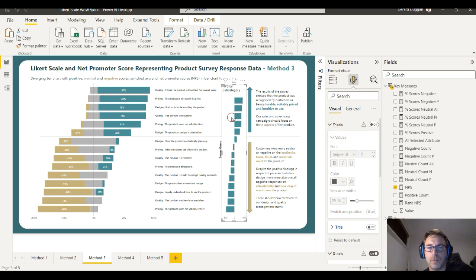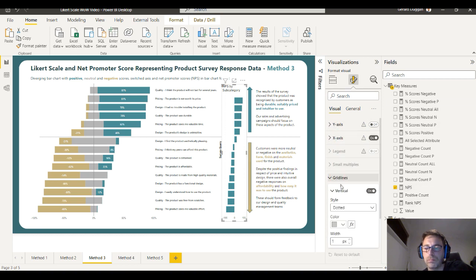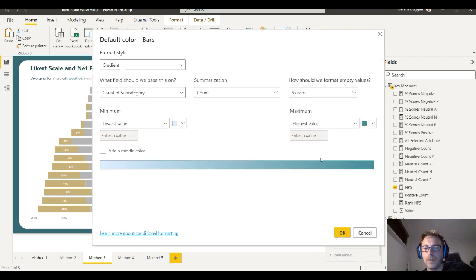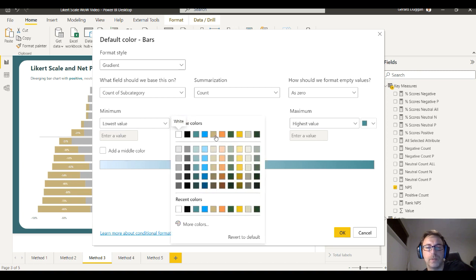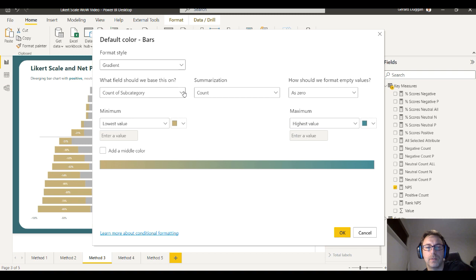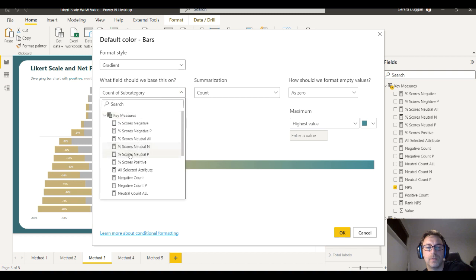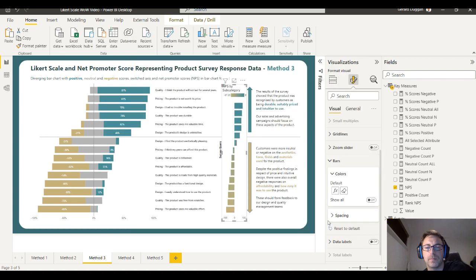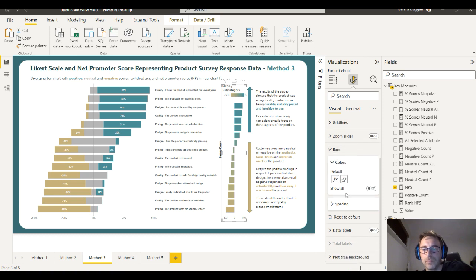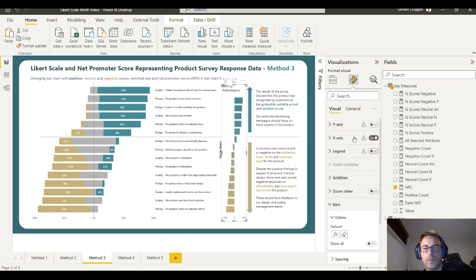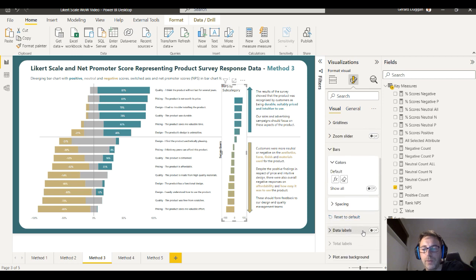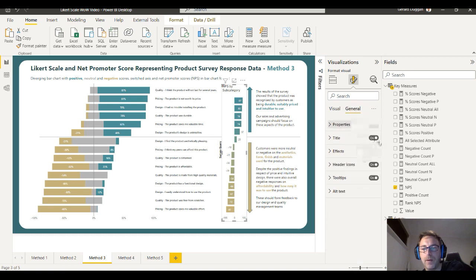Take the y-axis off. Grid lines turn off. Bars. Gradient. Into gold. That should be the NPS. I don't necessarily need a legend there. I'm just going to use the data labels themselves. I'm going to turn off the title here,